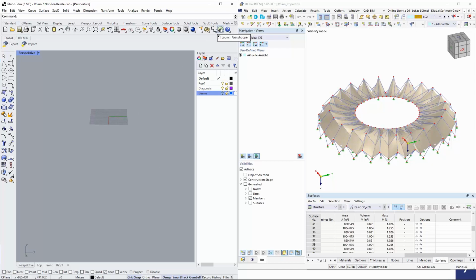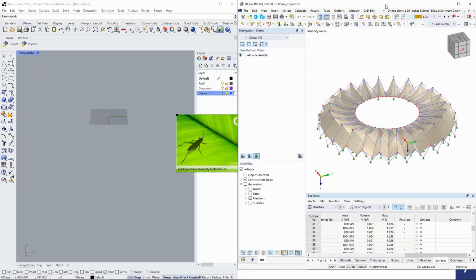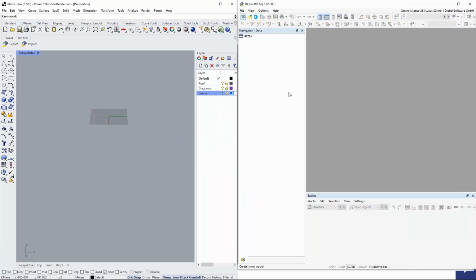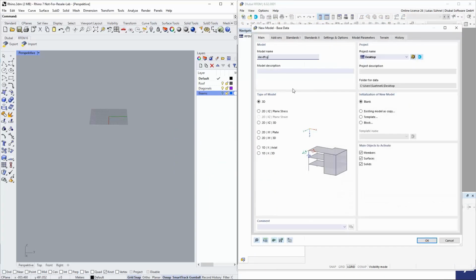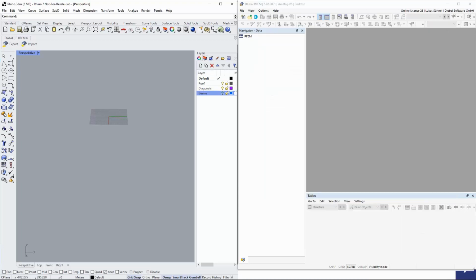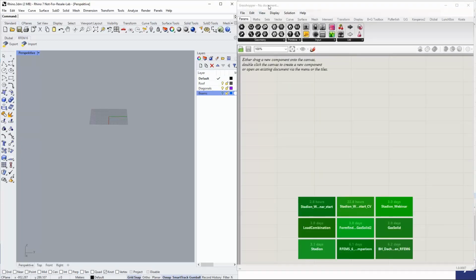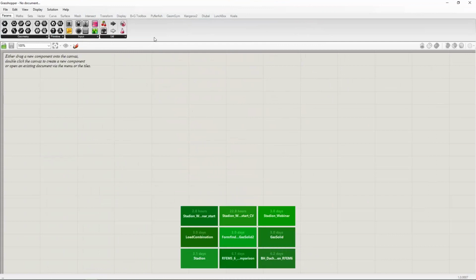So let's open Grasshopper and let me create a new file in RFEM6. Name doesn't matter. So at the beginning I will maximize Grasshopper, and then I will also have this side by side to RFEM6 and to Rhino. When you install the plugin, you will get this menu, the Dlubal menu, and this menu contains the RFEM6 components. We group them into three packages. We have the model data group